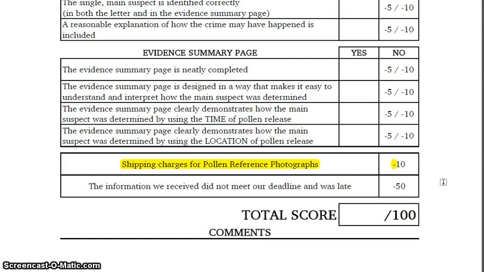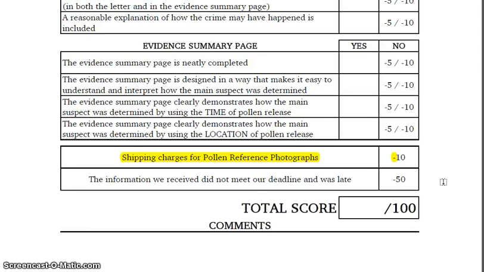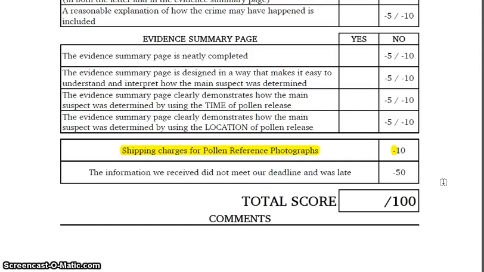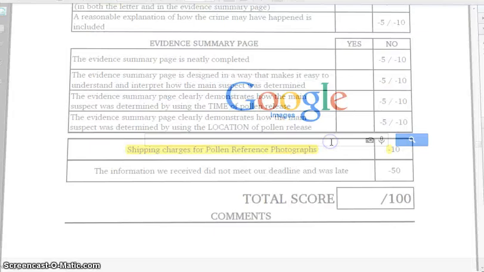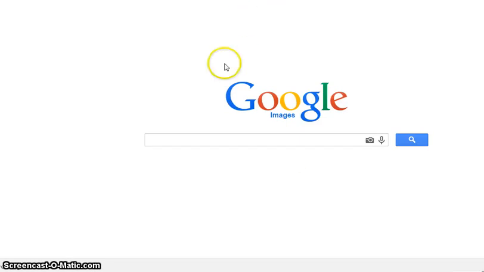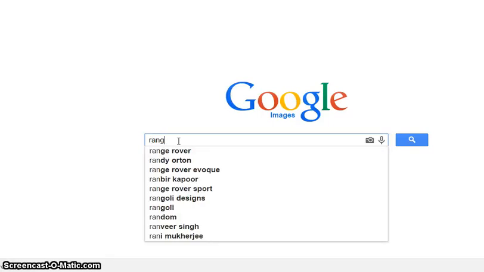So look at the lab, do a good job of identifying them, write a great letter, create a very clear data page. This is what I suggest you do on your data page. I suggest you go to Google Images and enter this. For example, if you discover that one of the pollen grains is from a red oak tree, then enter this: